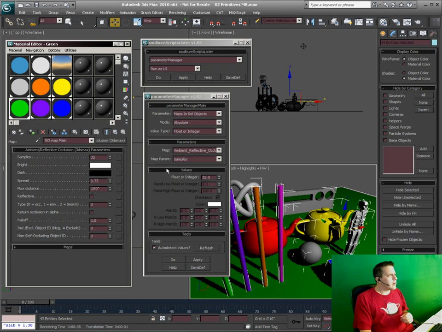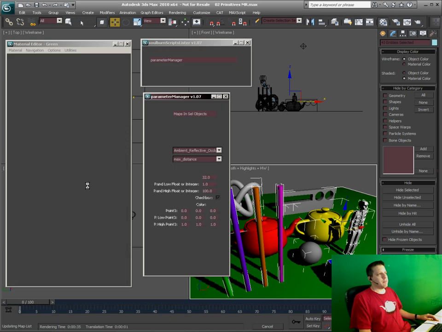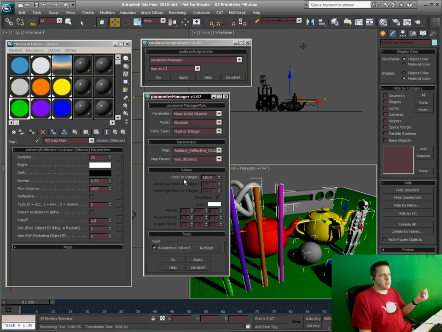Now the last one, just to point out here, remember when I showed you back earlier when the system units were working in inches, but the display is in feet. If I wanted to change this maximum distance, I'm still changing ambient occlusion. The parameter that I want to change is max distance. But here you can see it's set up for 10 feet. Well, the value is going to be a float value of 120. This basically means 120 inches. So I would have to do some quick math there, and say if I said 60, it's going to be 5 feet. So once I do apply, you can see that that carried over,